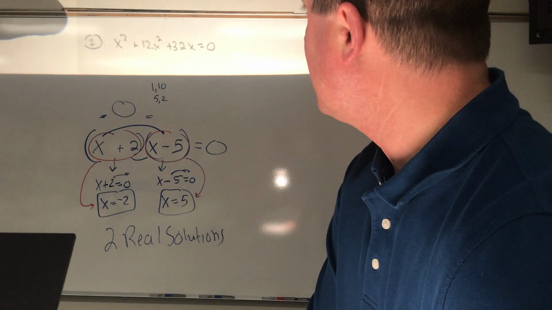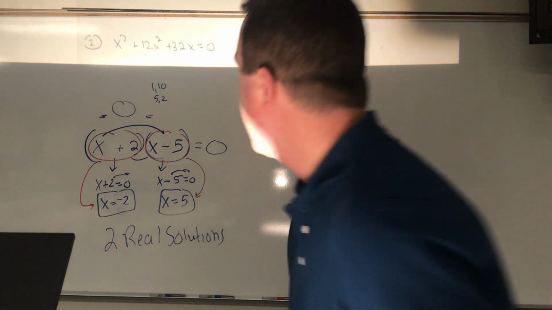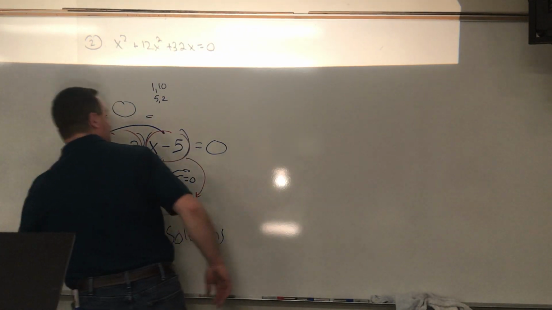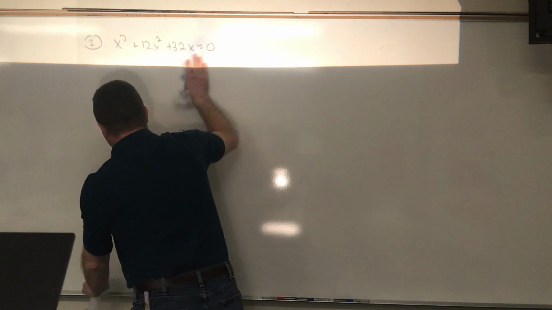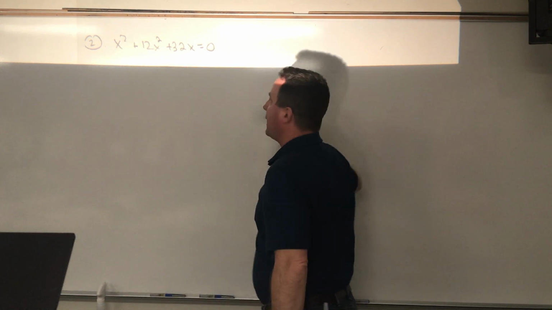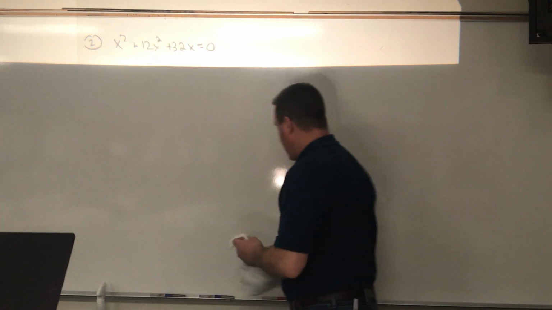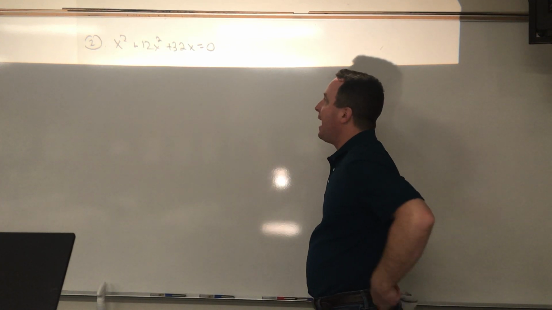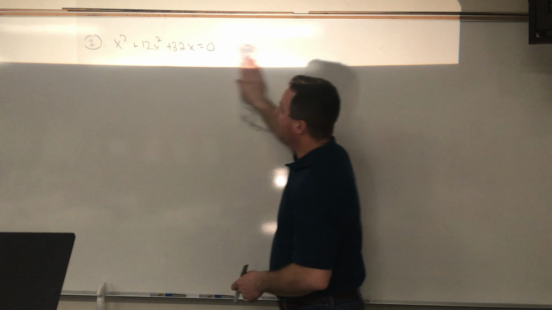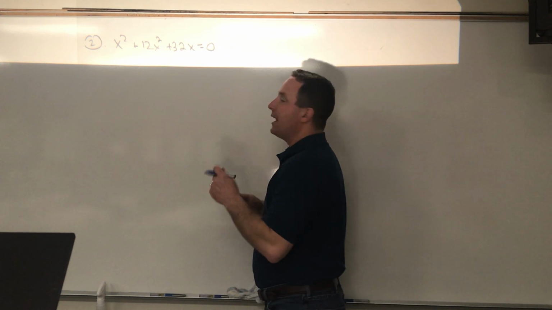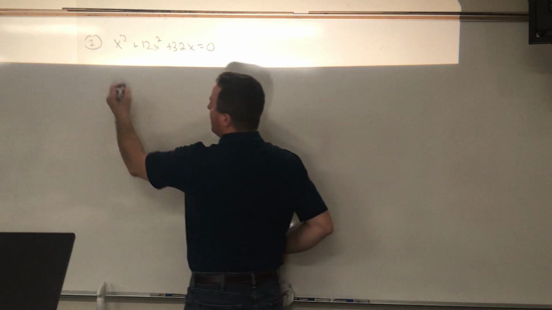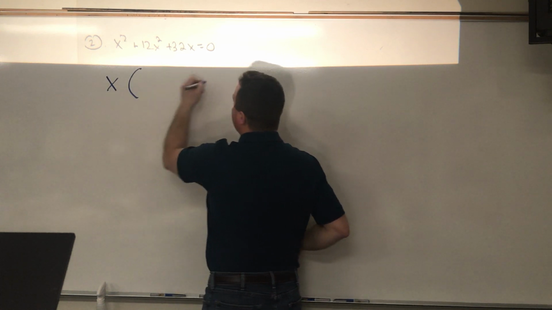I'm going to scooch this up. Here's number 2. Once again, I see 3 terms on this one, so I'm going to eventually try and factor. But something else I see in this one is I think they have a greatest common factor. If you look closely, I think all of those terms have an x in it. So I always look for the greatest common factor first. And if I take an x out in front,